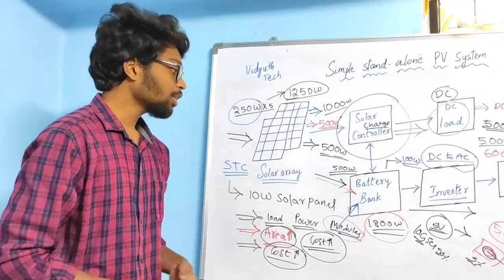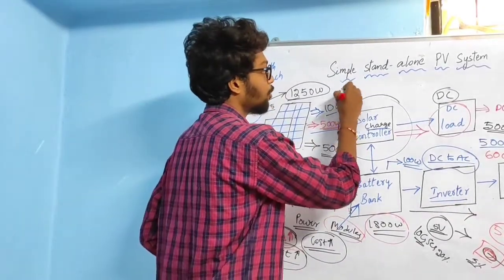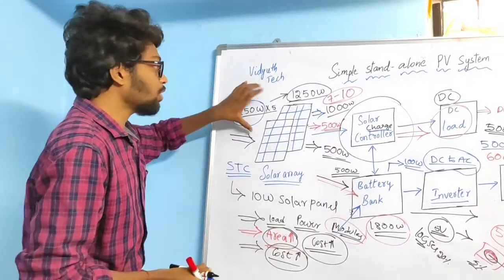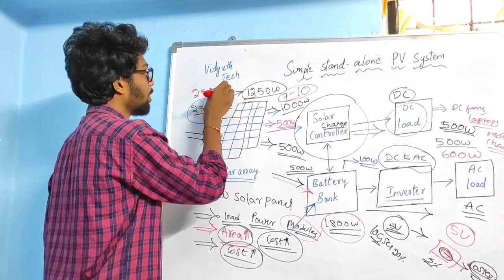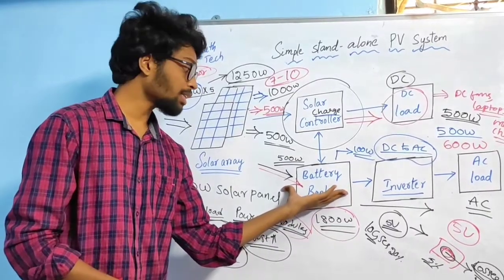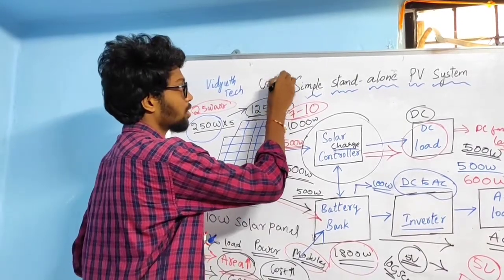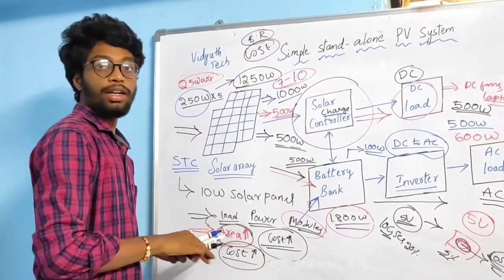photovoltaic system. Friends, you have batteries here which have a lifespan of 7 to 10 years. Even though the modules have 25 years of warranty and lifespan, you have to change or replace the batteries. If we take this into consideration, there is also the battery replacement cost. We have to consider that.